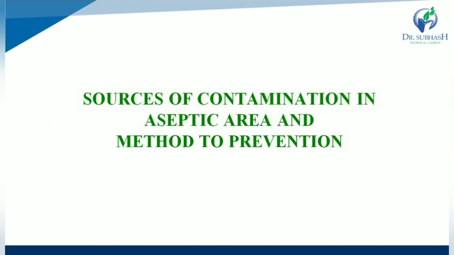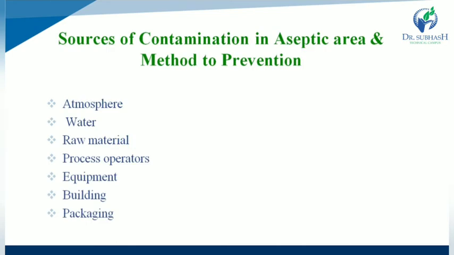Next one is sources of contamination in aseptic area and methods of prevention. So, sources of contamination and methods of prevention. Various contamination sources: first one is atmospheric contamination, then water, raw material, process, operator, equipment, building and packaging. So the first one is atmosphere. Sources of contamination in the atmosphere,